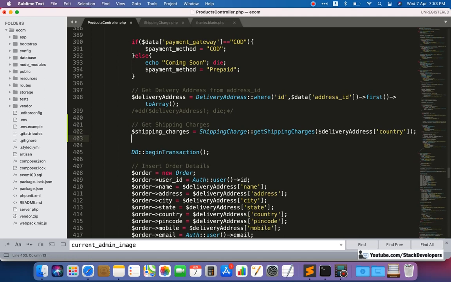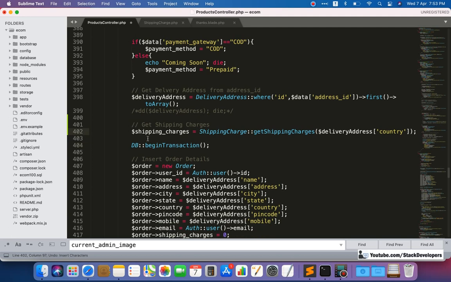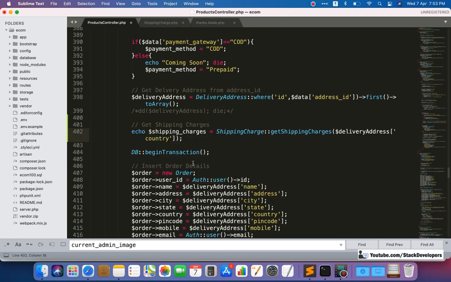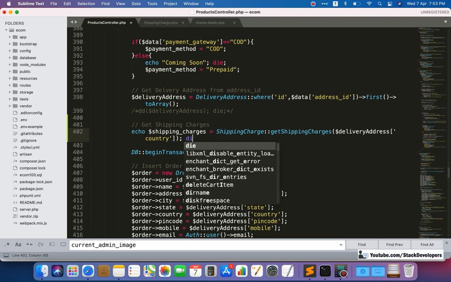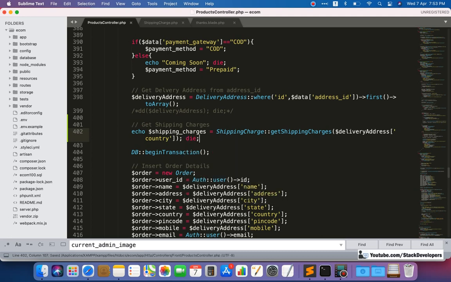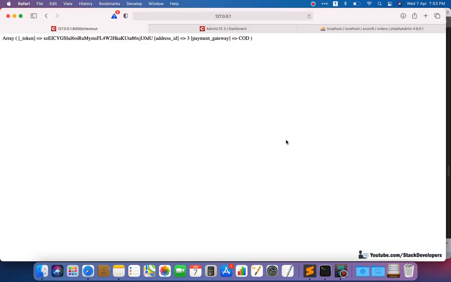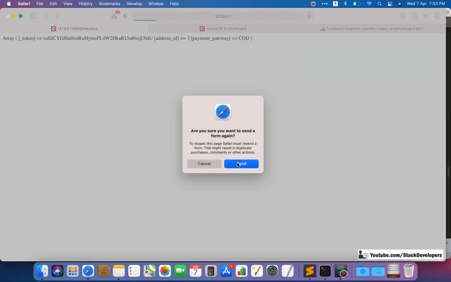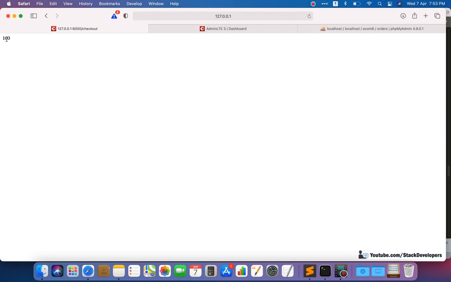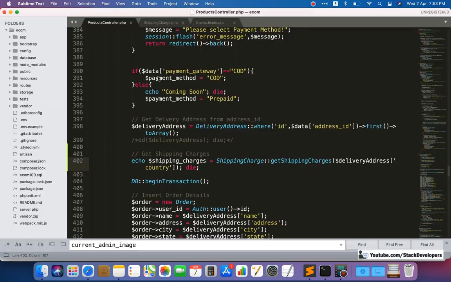Very simple. Let's check it: we will echo this and then die. Here you can see the 100 shipping charges, and that is for India. Our delivered country is India, so we are getting 100 shipping charges, which is perfect.